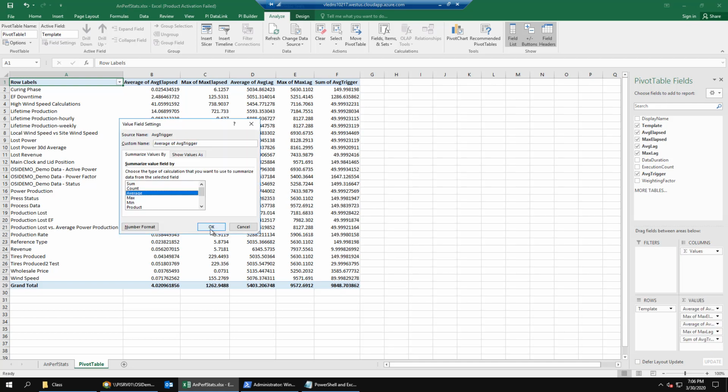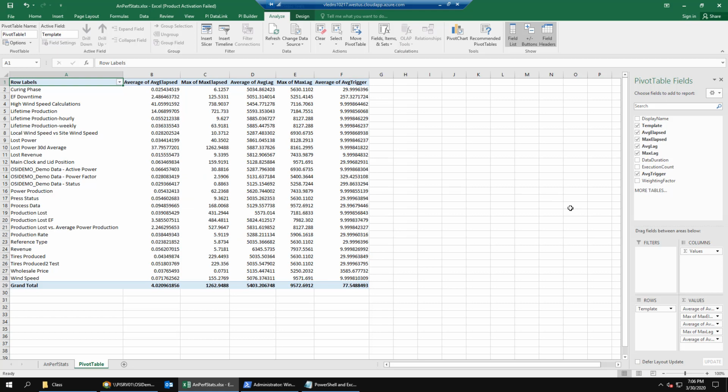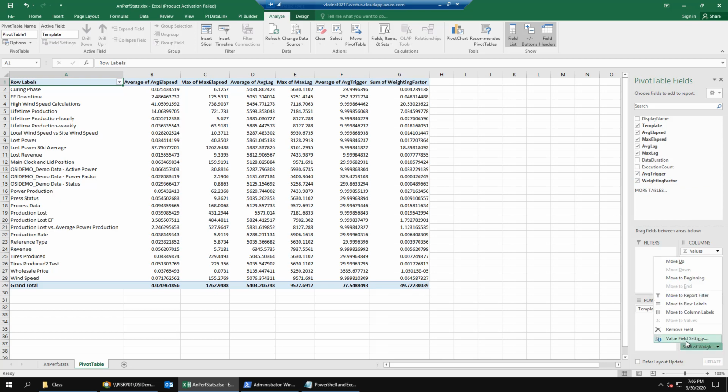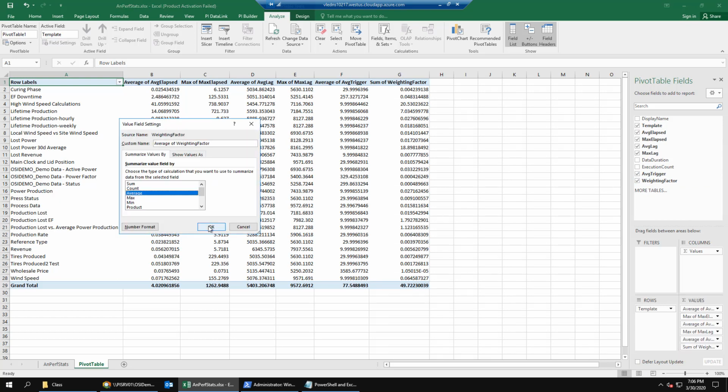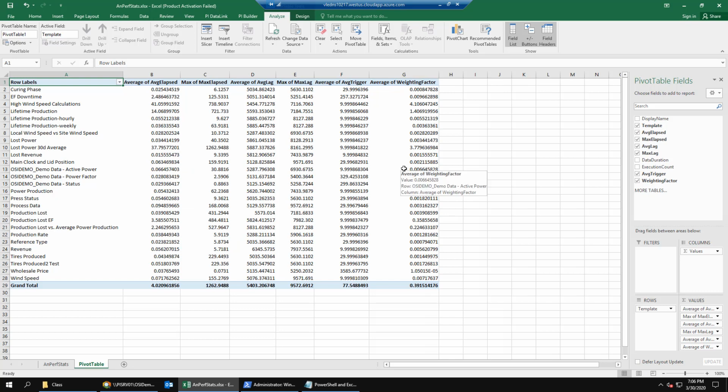Next, we're going to enhance our pivot table with a few of the Excel functionality to show which analytics are causing problems. The first step for this is to sort the pivot table by the sum of weighting factor. We're going to highlight the row labels column and select the drop-down, and then select More Sort Options. And we'll select Descending Z to A by average of weighting factor, and then click OK. Now your pivot table should be sorted by the weighting factor column, which is the most significant analysis of our analytics.